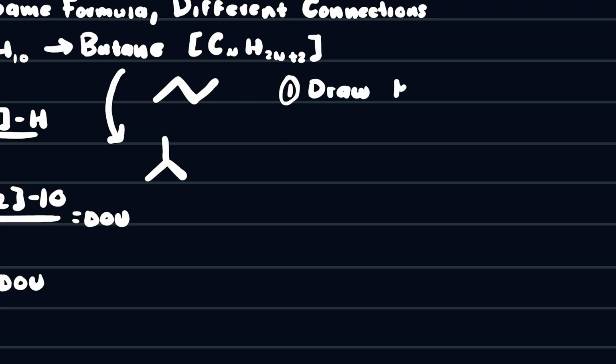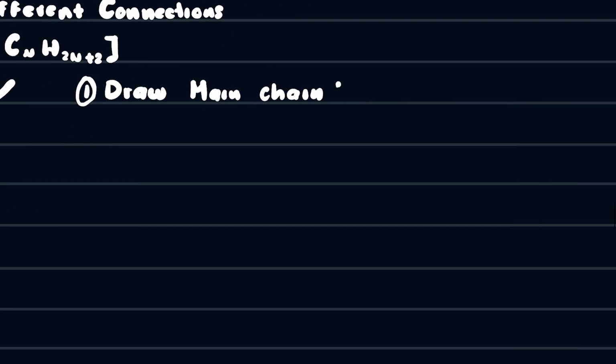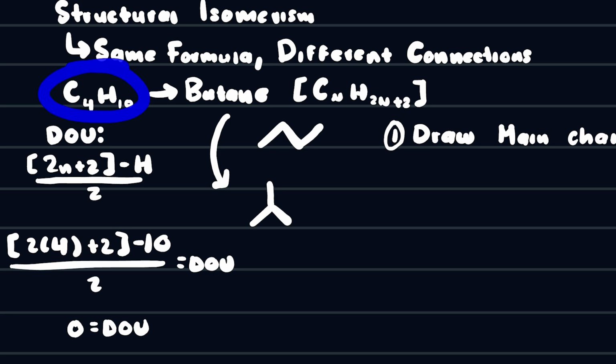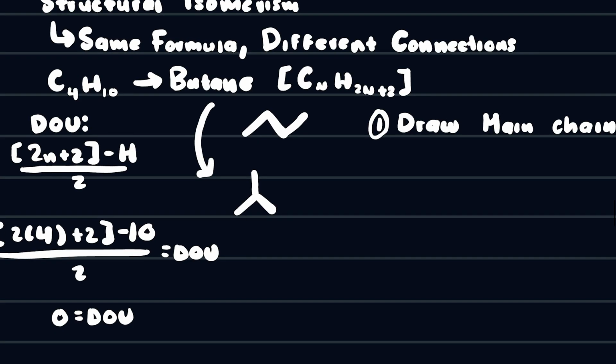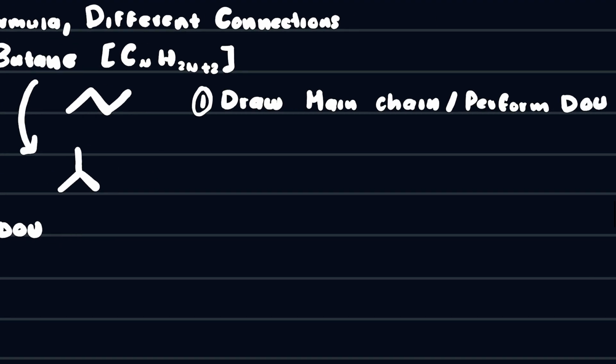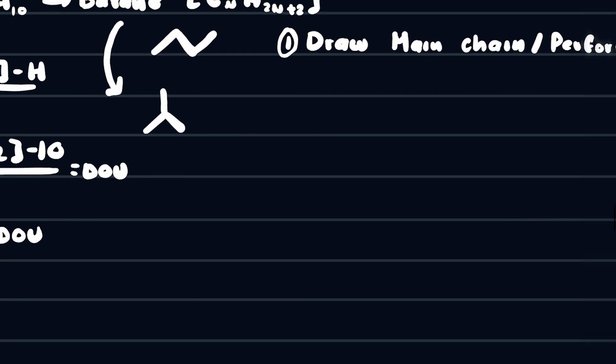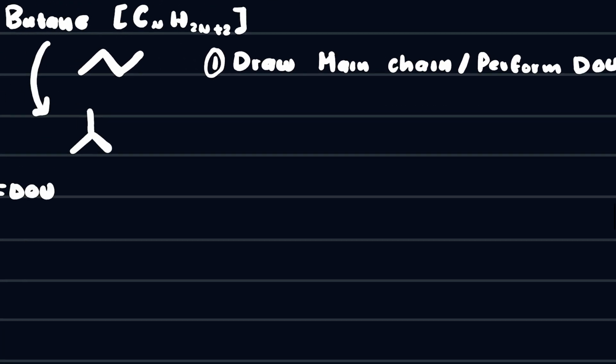Draw the main chain. However, perform the degrees of unsaturation test. Because I recognized that this formula matched, I did not instantly do a test, because I knew it was already saturated. But if you can tell there's something weird, or if you're unsure, just do the test using the formula, and you'll be able to find if there's a ring or a double bond present, which will guide you on creating those structures. So otherwise, draw the main chain